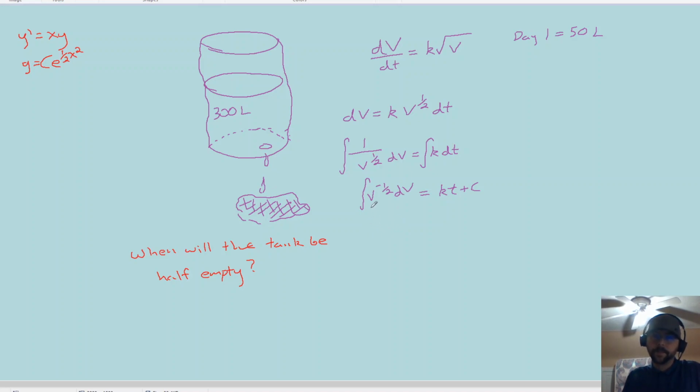So now then, this is going to be, oh, my brain's fried. So we're going to add 1 to the exponent, so v to the 1/2, then divide by that new exponent, which dividing by half is the same as multiplying by 2. We would add a plus c, but we have it on the other side, kt plus c. We need to get the v by itself, so we're going to divide by 2. v to the 1/2 equals